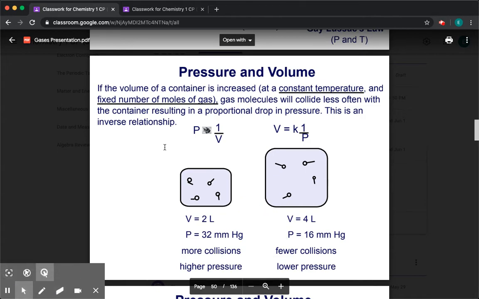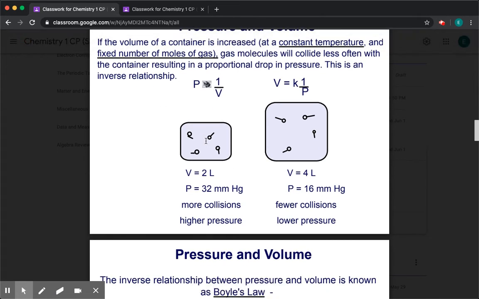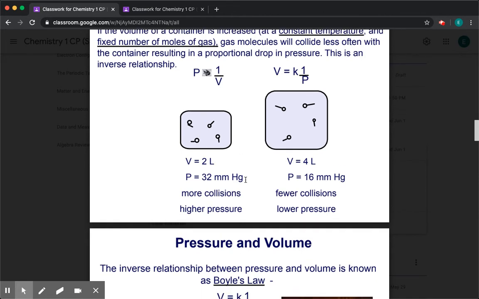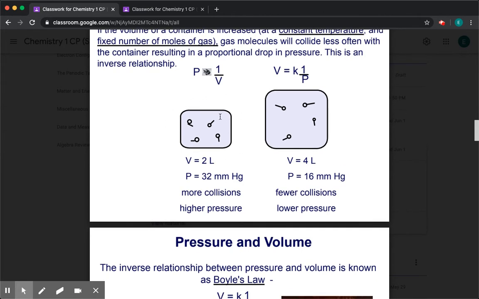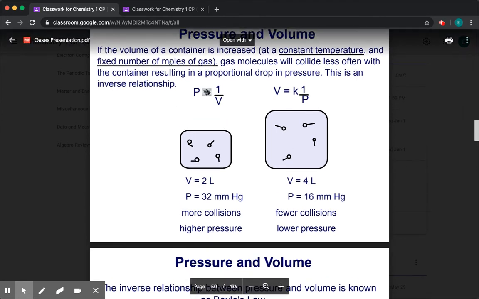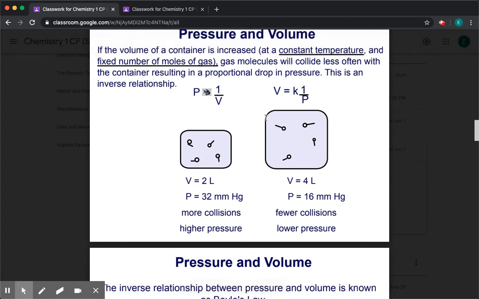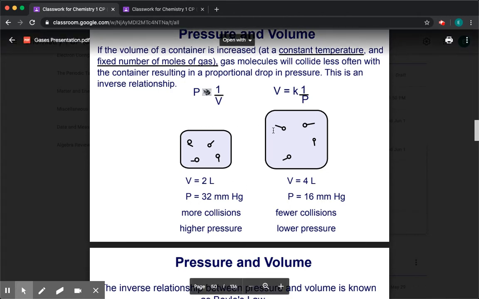So that is Boyle's law. Pressure and volume are inversely related. As one goes up, the other one goes down. You can explain this by thinking about the container. If you have the same amount of material, this is why you have to assume temperature and moles are constant. If you have the same amount of material in both containers, but one container is smaller than the other, remember